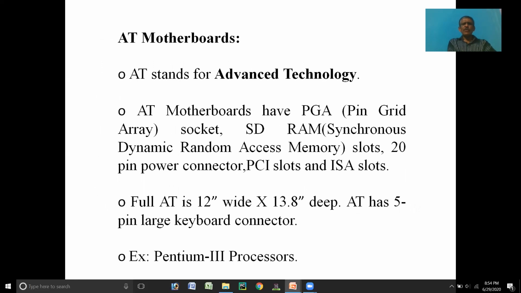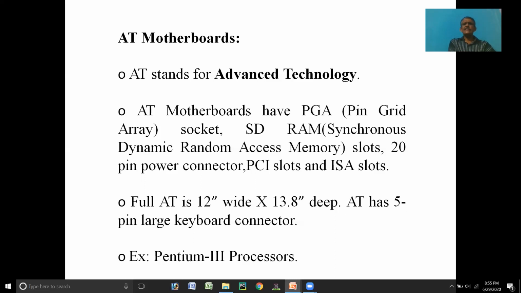The AT motherboards have PGA sockets, that is pin grid array sockets, SD RAM slots. Here SD RAM stands for synchronous dynamic random access memory,